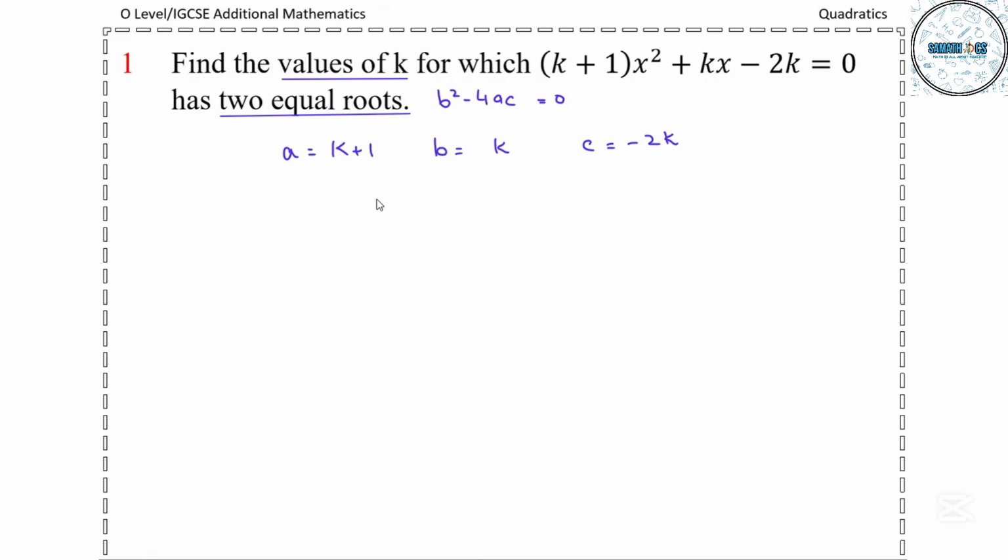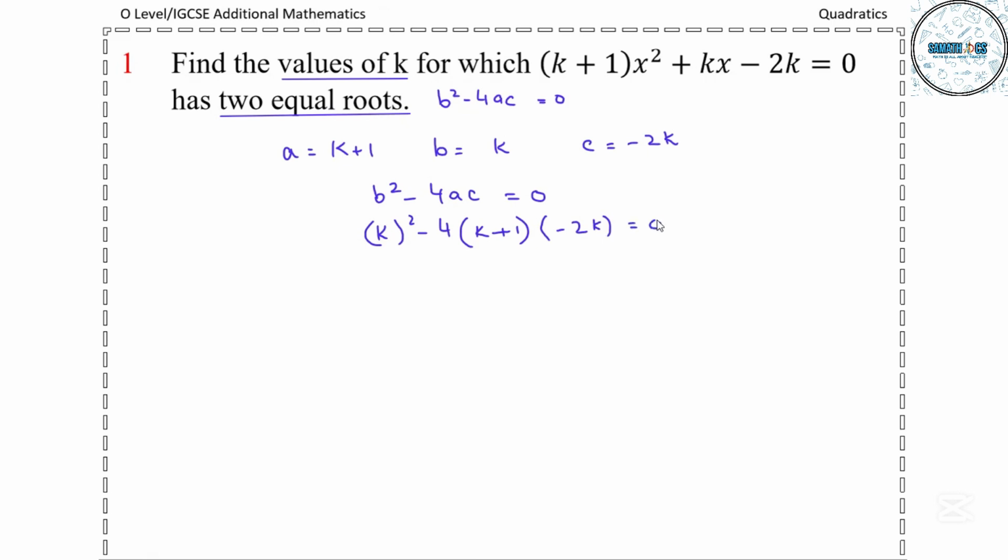First of all, we will write b squared minus 4ac is equal to 0. b is k, k whole square minus 4 into a, which is k plus 1, into c, which is minus 2k,